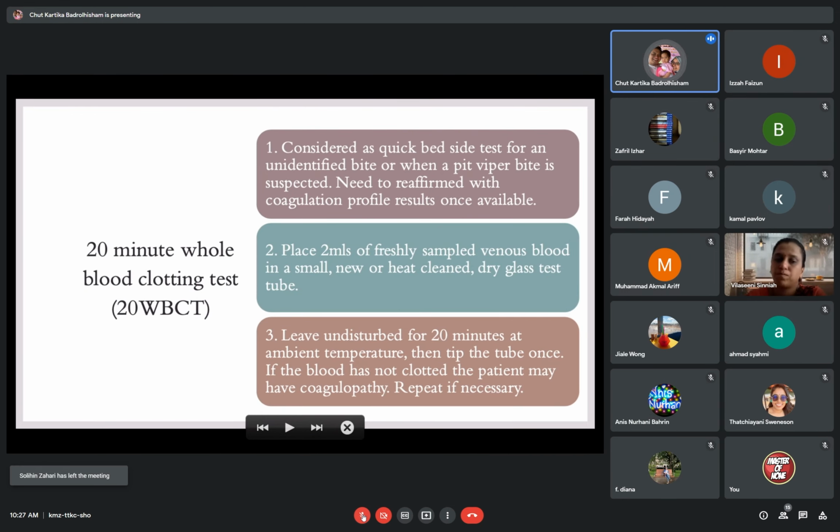So for the 20-minute whole blood clotting test, usually we do it for patients with an unidentified bite or when a pit viper is suspected. But if it is clearly a pit viper and we already know, we do not need to do it anymore. Because this test is to confirm whether it is a pit viper or not, so that in the future you can